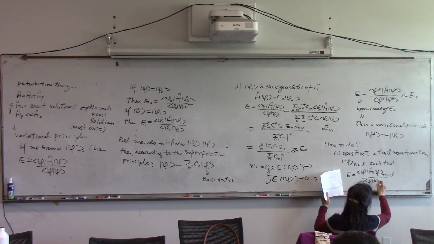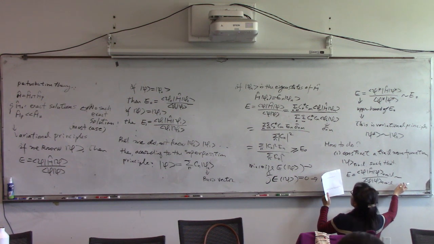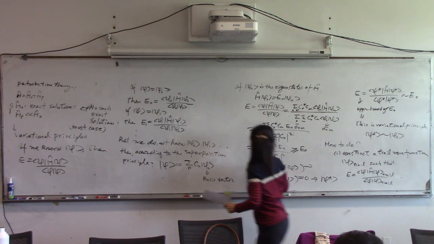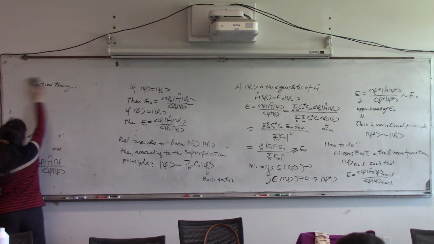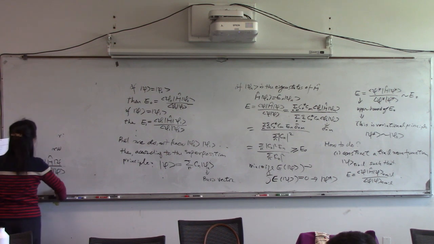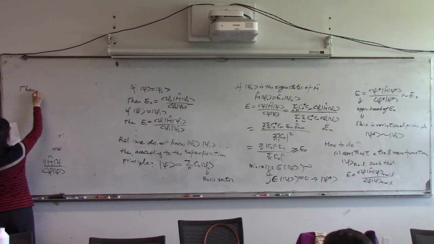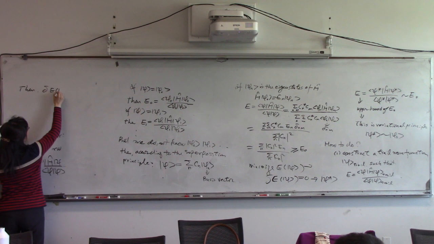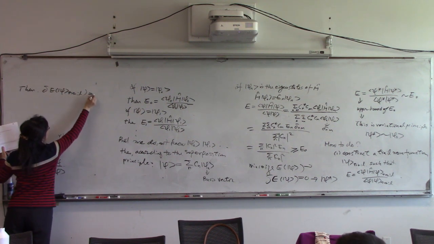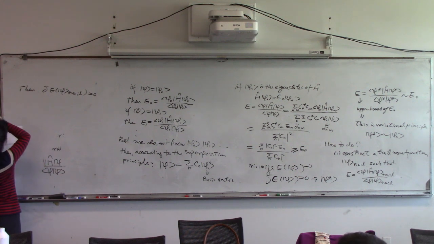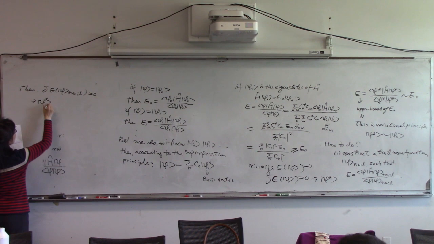If the trial function is not normalized, you need to normalize it first. And then second, just optimize. Try to find the minimum. Try to optimize the trial function such that we get this. So finally, we will have the trial function,